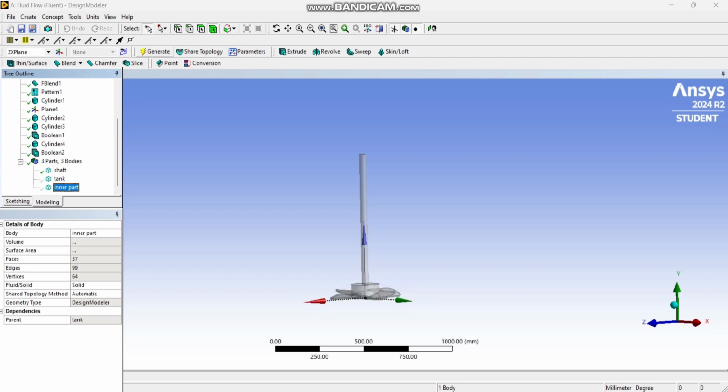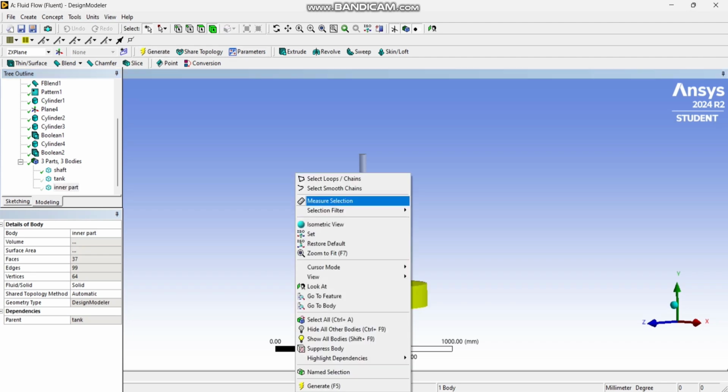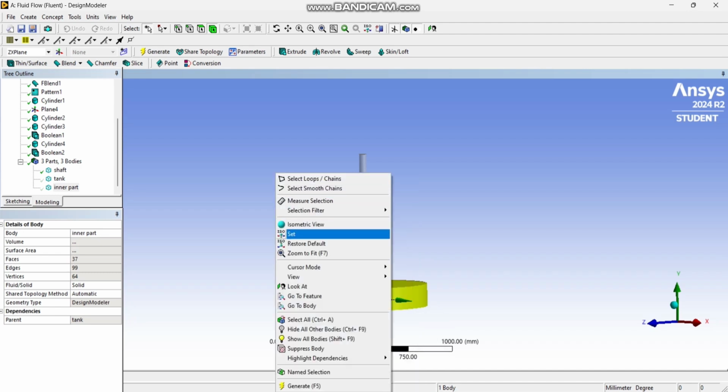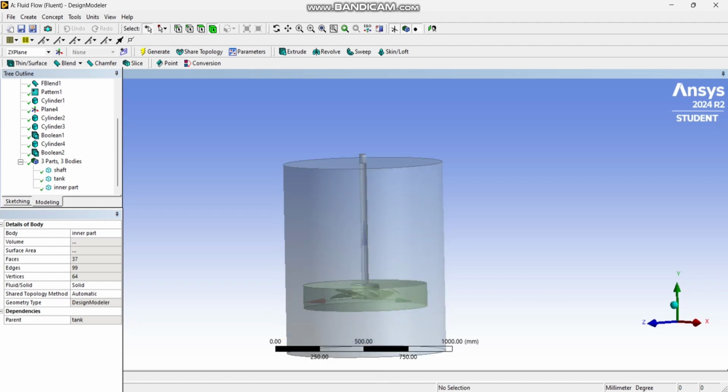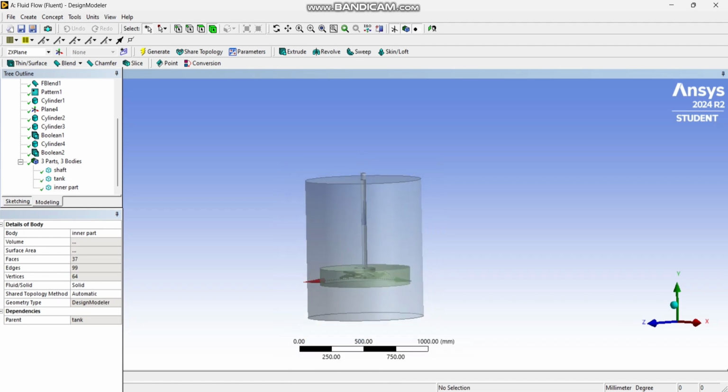Okay, and everything is okay, and I can use show all the hide bodies. Yeah, our geometry is ready